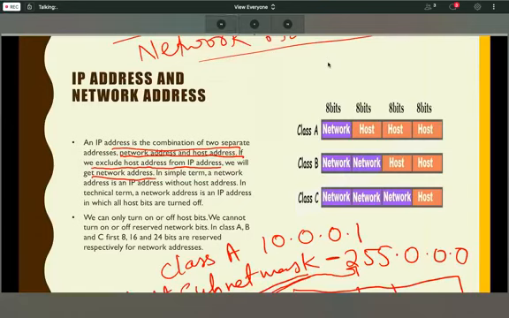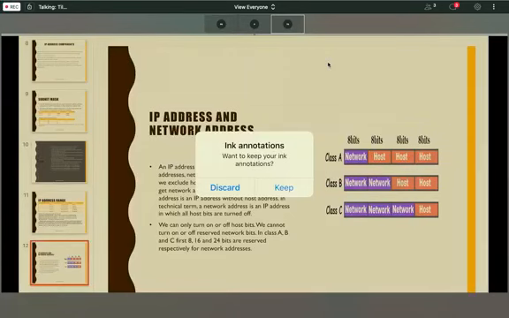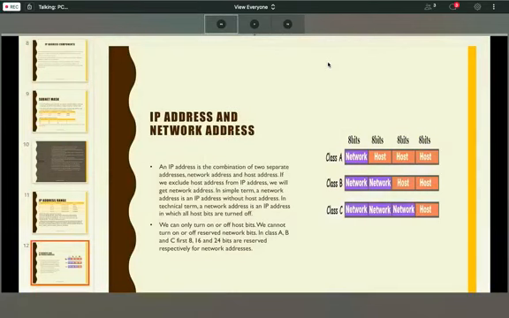The binary value of 255 is 8 times 1. So if I have an IP address like this one,